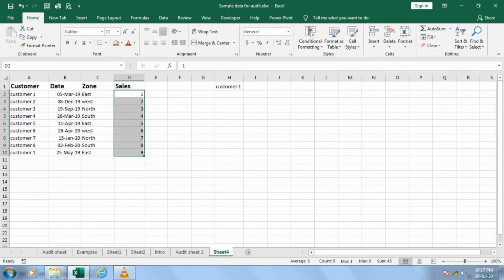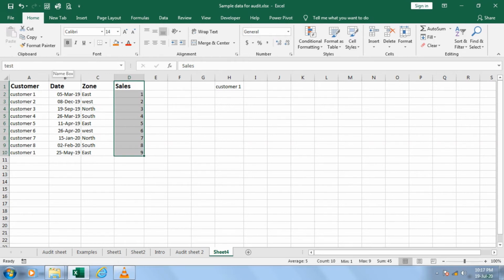Okay, so I just select the data and I name it, for example, cells. I just simply named it cells. But instead of selecting from here, I made a selection from here, and I just name it, for example, instead of cells, I give another name, for example, test. Okay, I give the name as test.